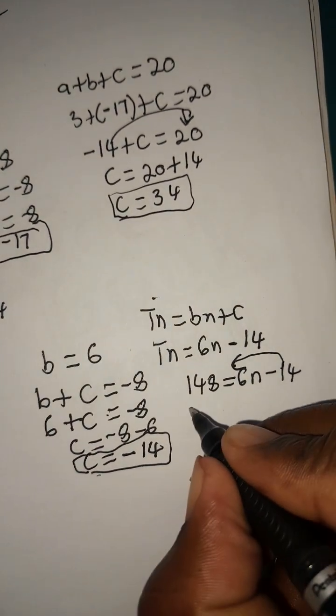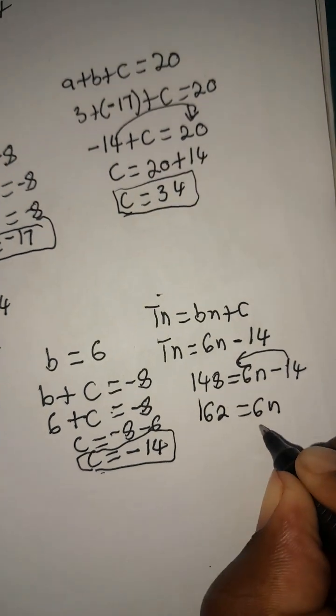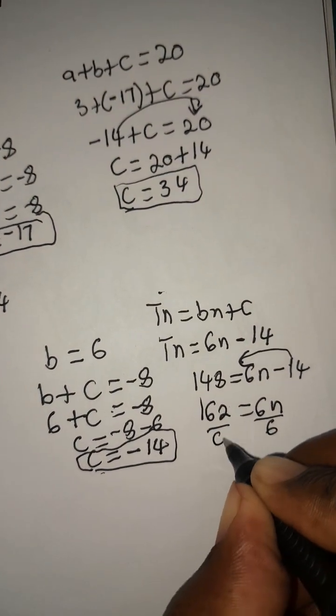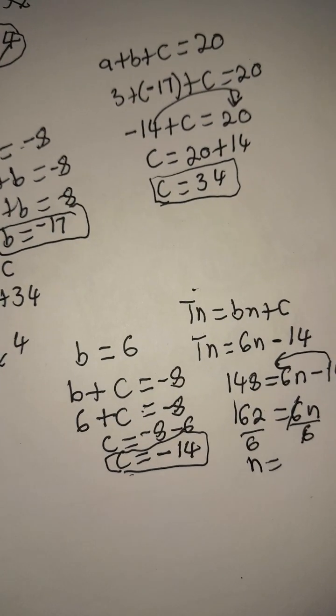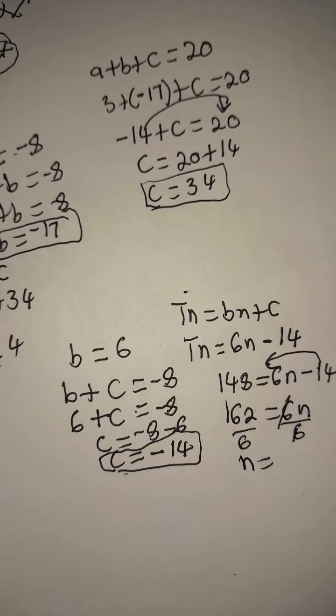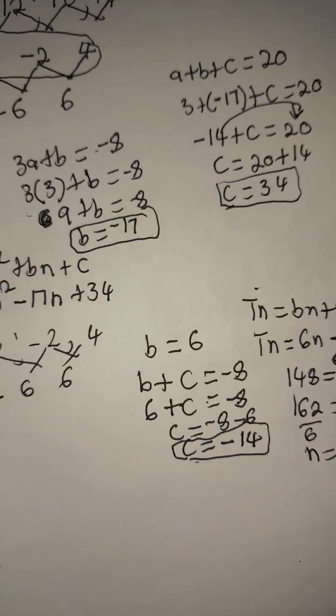If you transpose there, you get 162, which equals 6n divided by 6, so that we make n the subject. How many times does 6 go into 162? It goes 27 times. So they said